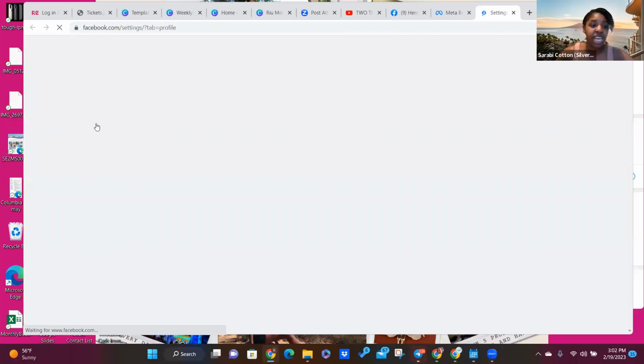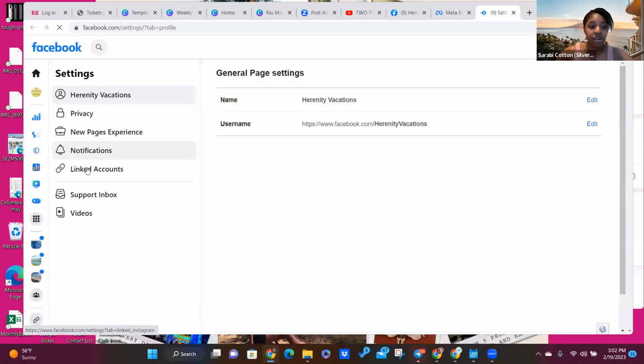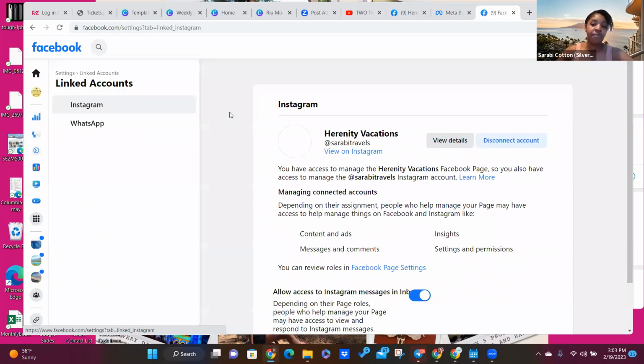there's going to be a tab here on the left side that says Linked Accounts. This is where you'll have the option to link your WhatsApp, if you have one, and your Instagram. So you have to make sure you have an Instagram business page, and then it'll give you all the prompts to do this. Now mine looks different because I have it linked, so it has all the details, but yours will give you the tools and the steps to go ahead and link your Instagram. So once you go ahead and link both,